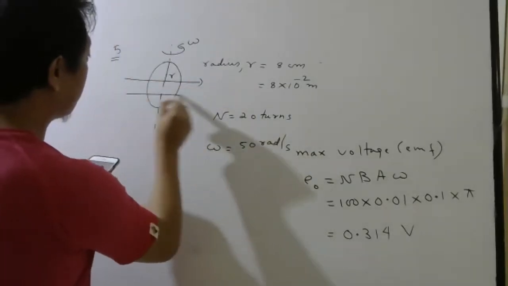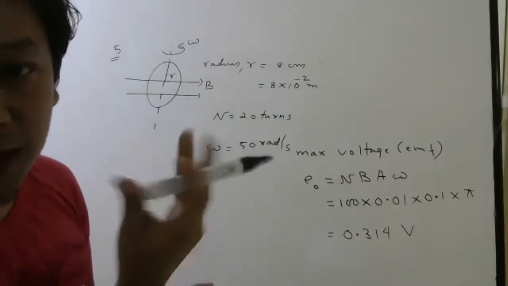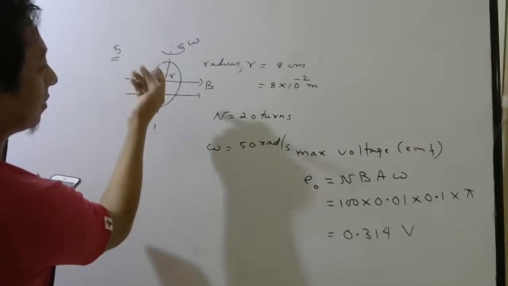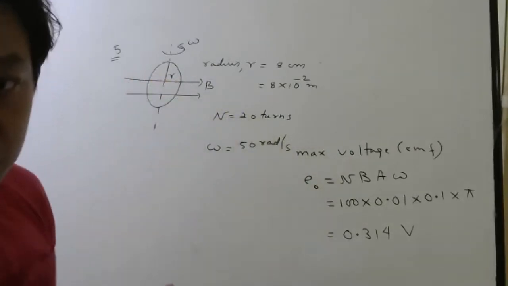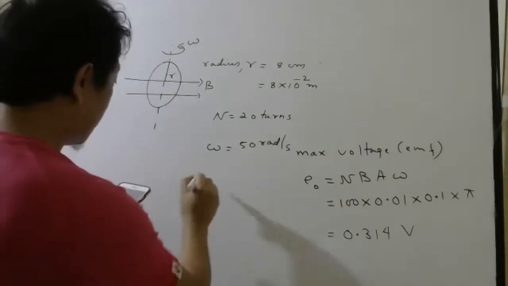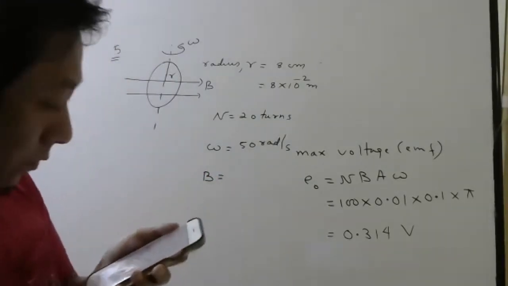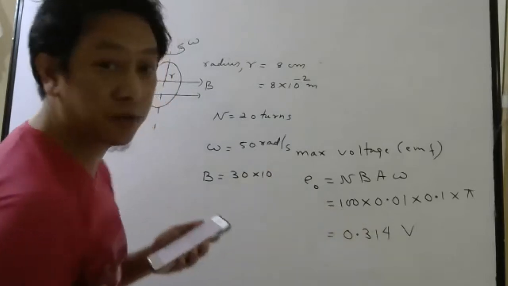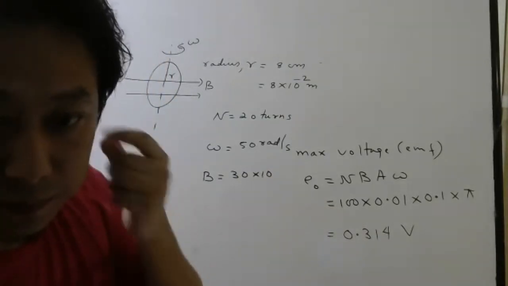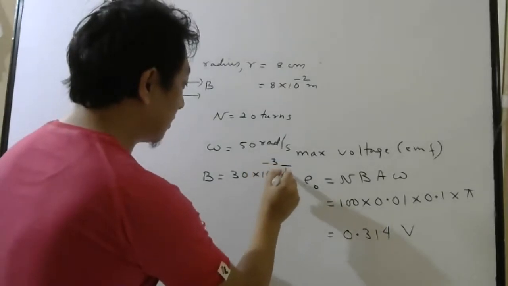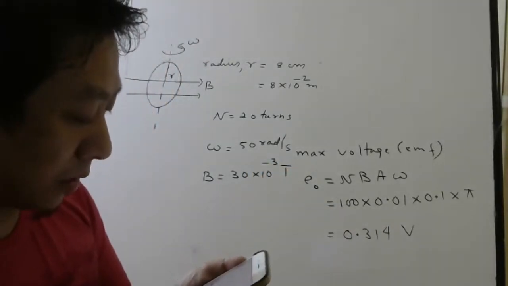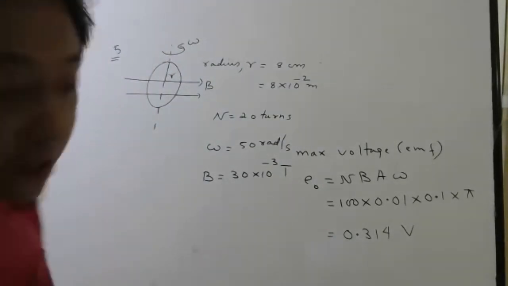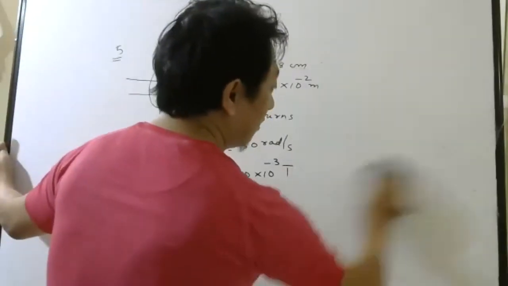Magnetic field is uniform. So you know that again there will be magnetic flux which will change as it rotates, right? As it rotates, the area vector will change. As the area vector will change, your flux will change. So what is the magnetic field? Magnetic field is 30 millitesla. Milli means 10 power how much? Minus 3 Tesla. So the first part is obtain the maximum and average EMF. Maximum and average EMF. Maximum we already know.